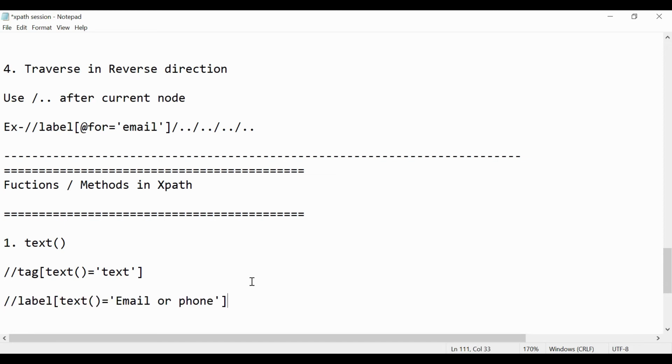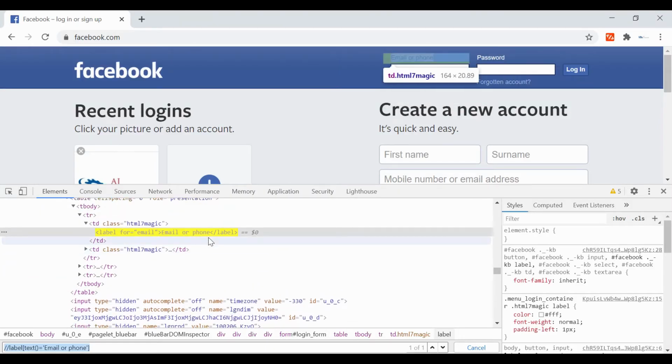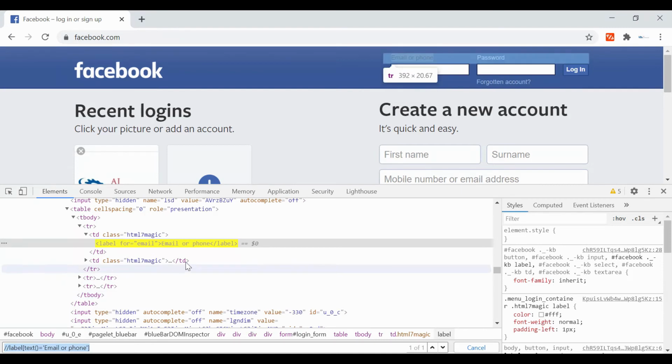So this method comes very handy when the element does not have any attribute like id, name or class, or for example this for is also not present. In that case you have to go with this method only, because the text will be present. And sometimes attribute values keep changing at runtime, so at that time also you can make use of this method.